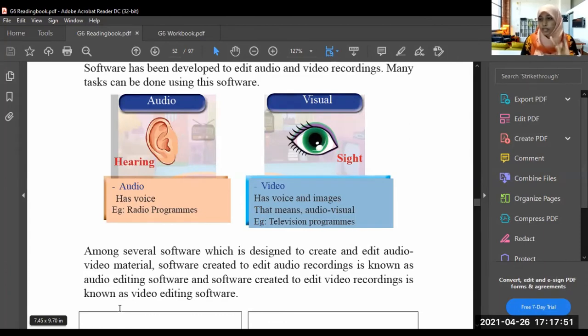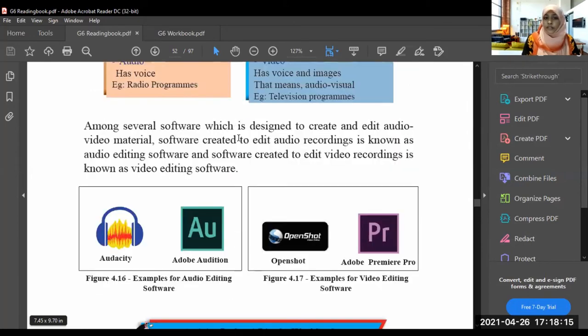For an example, the classes, when I upload them to YouTube, you can see me, you can see things and images, and also you can hear. So both. That means audio visual. Understood? You can see and you can hear, like television programs.